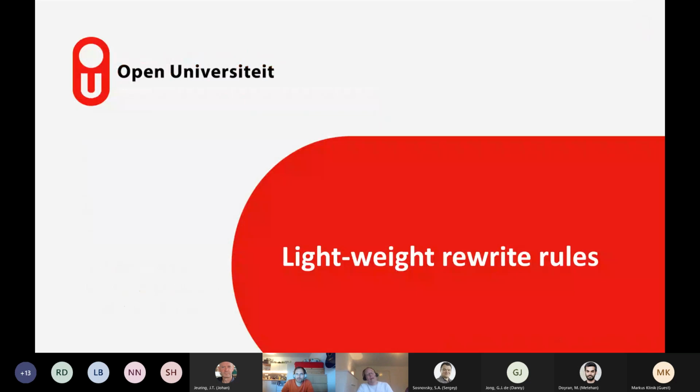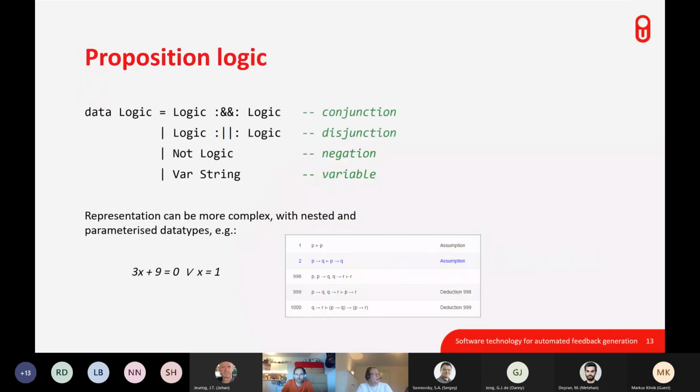Okay, so this was a very quick overview of just a strategy language, a domain-specific language, and we have all kinds of interesting extensions on top of this strategy language that help us to define these kind of strategies. So the first thing that I'm going to present now is how you can also embed the rewrite rules. So these are the laws that you, for instance, want to have in this